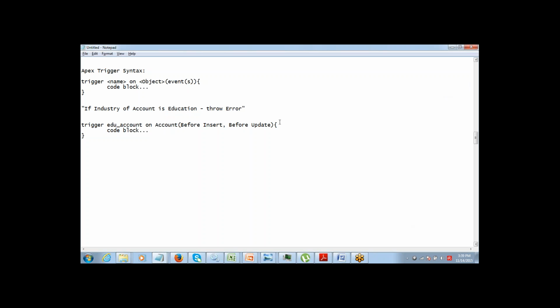All that I have to do is check if the industry of the account which is being inserted is education or not, or whatever my logic is. When I say industry of account, you will say which account? The one which is being inserted. Whatever criteria I have to check, I have to do it on the